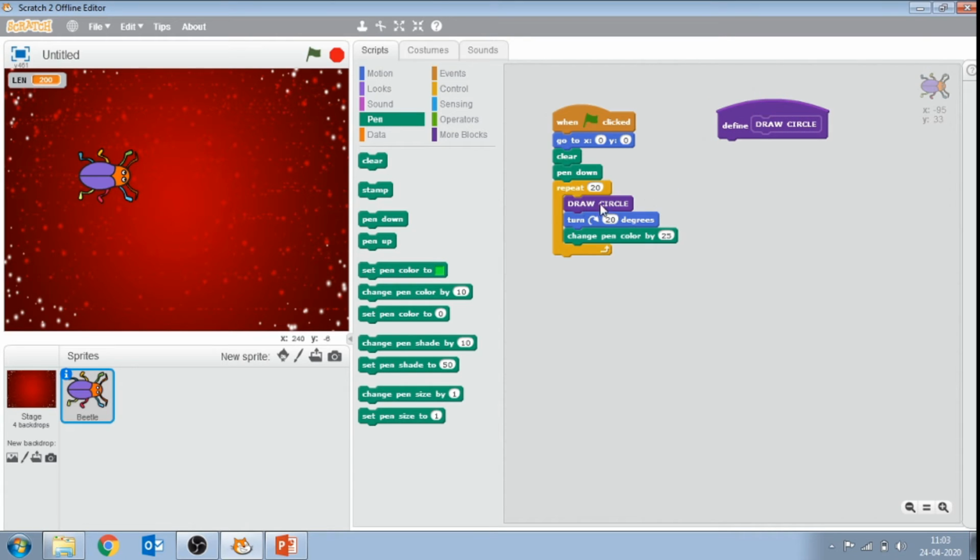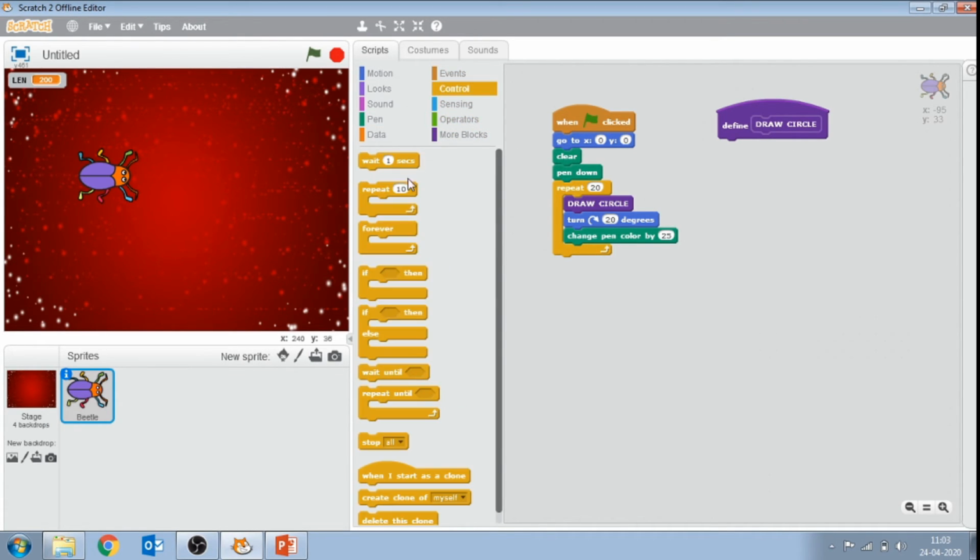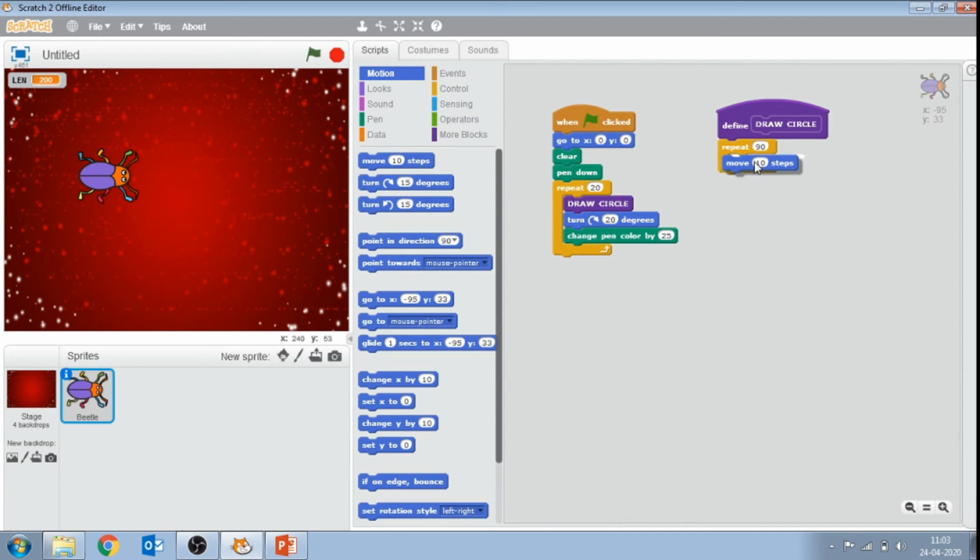Now we use this draw circle block, so we have to define some code for it to draw a circle. So go to the control block, drag the repeat block, repeat 90 times, and go to the motion block, move 4 steps and turn 4 degrees.